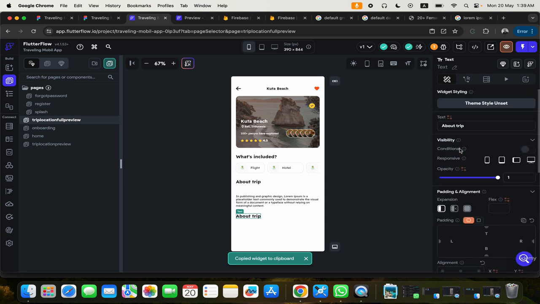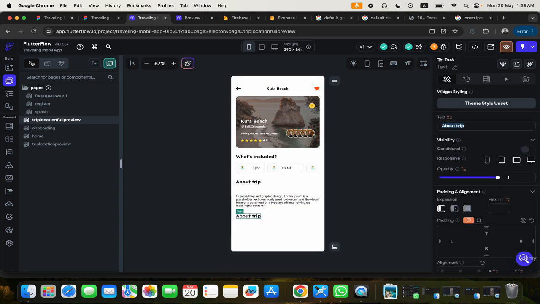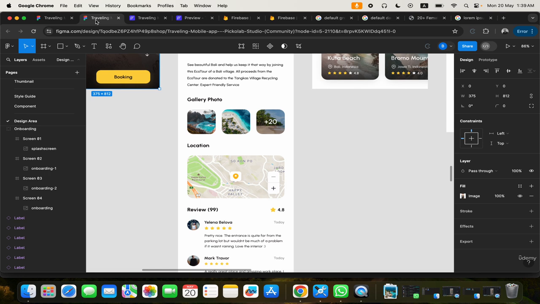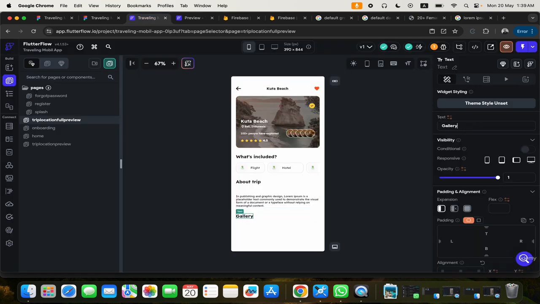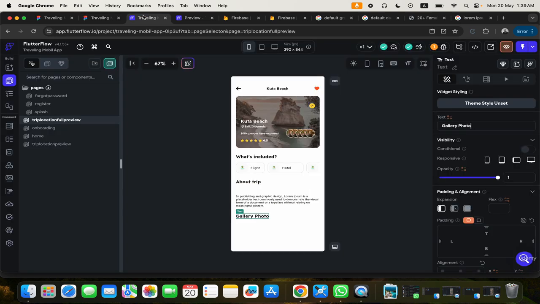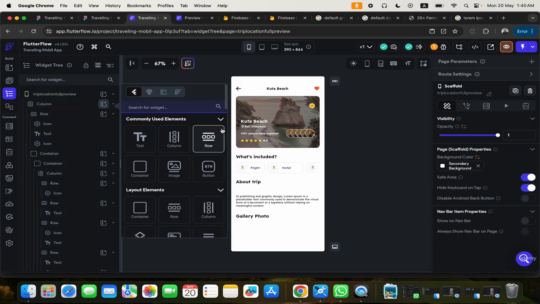Now the next thing we need to have is going to be Command C, Command V. This is gonna be gallery. Let's click on this and change this to gallery. So this is the gallery, and what we need to do now, okay, gallery photo, right? So let's say gallery photo, and here we just have pictures of, you know, the place. So let's go ahead with making our assumptions. I'll click here and add a row,